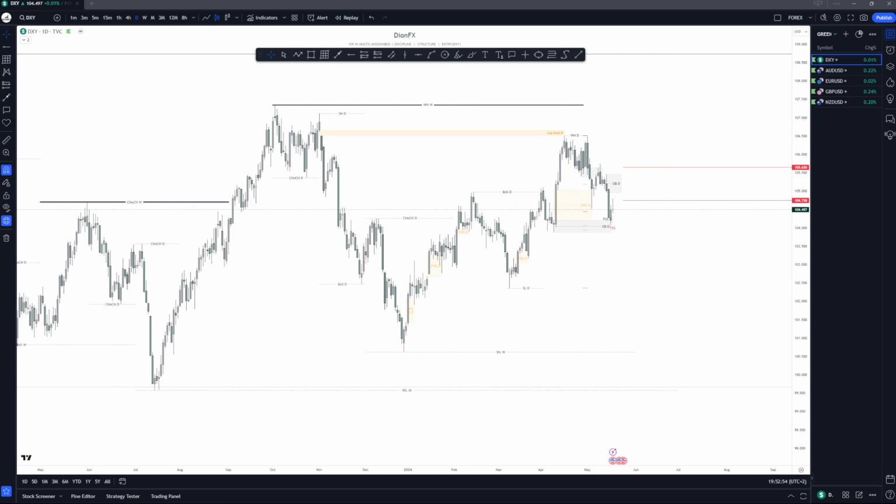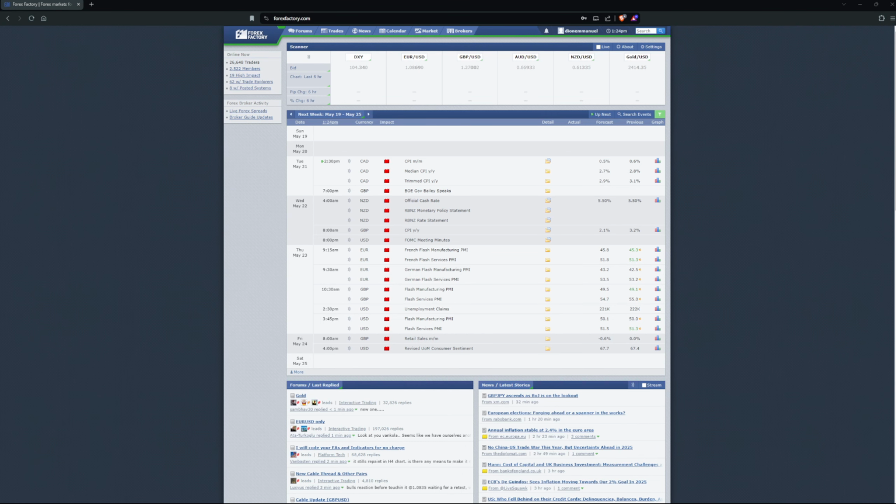Like every other week, we will start with Forex Factory and talk about what's going to happen next week in terms of news, right? So if we look at the calendar right now, on Monday we're having nothing. On Tuesday we're having the Canadian dollar news, and also Wednesday we're having NZD news, right? Thursday we're having Euro news, and Friday we're having only pound news, right? I think for this week we're only having